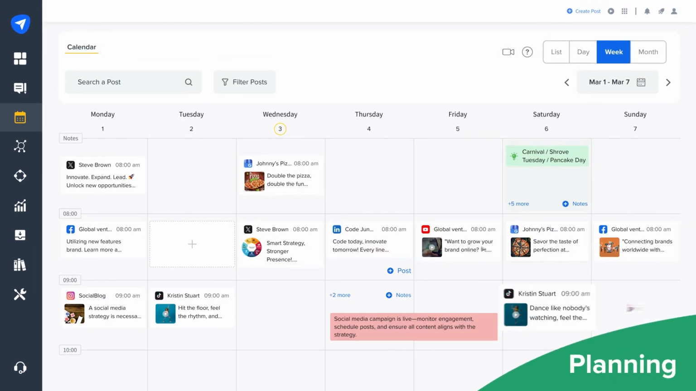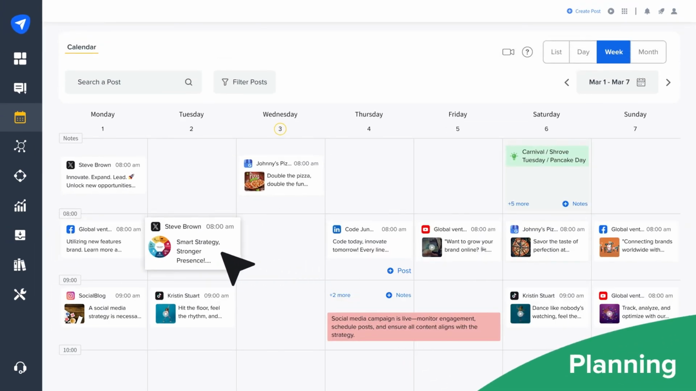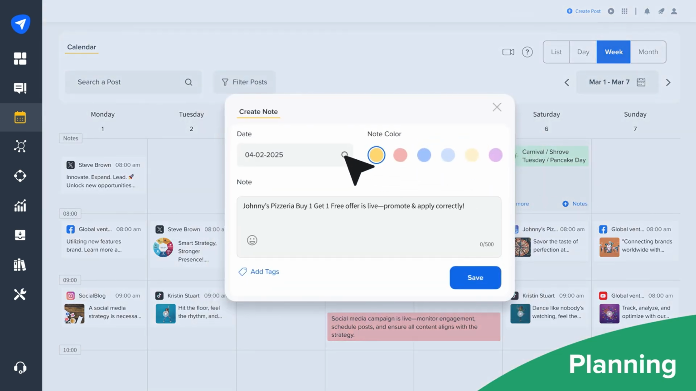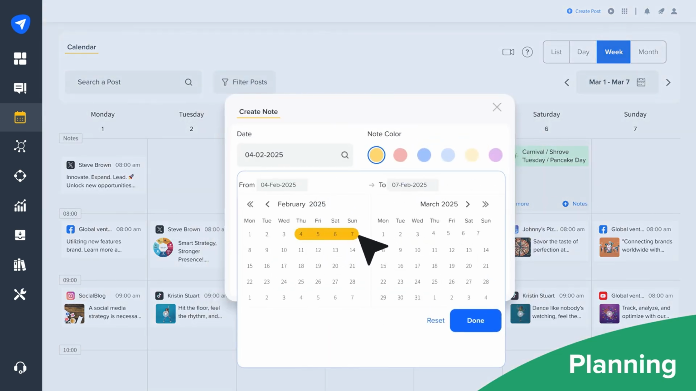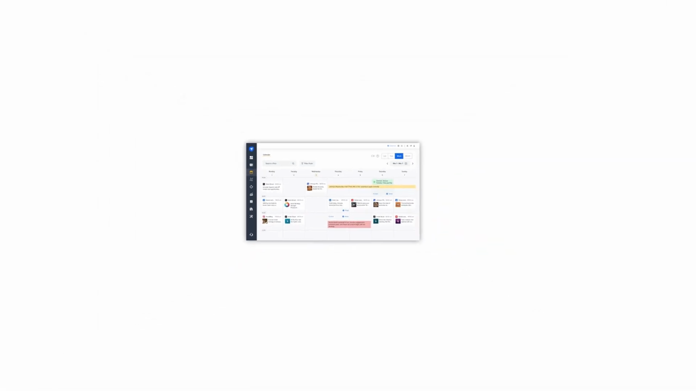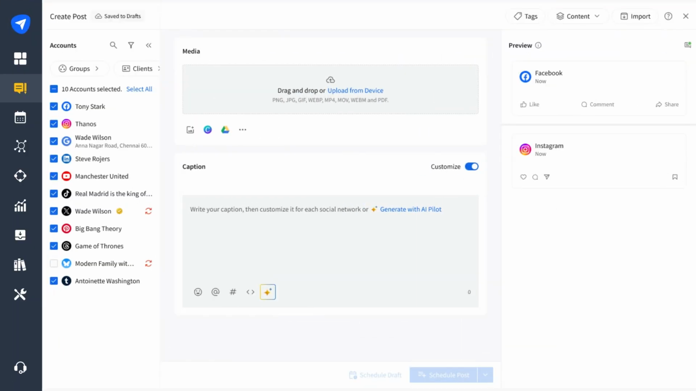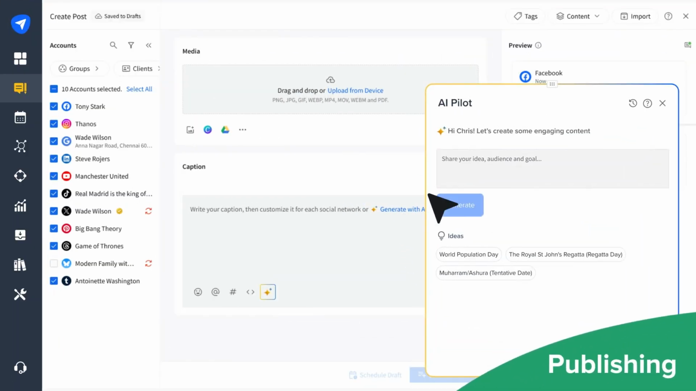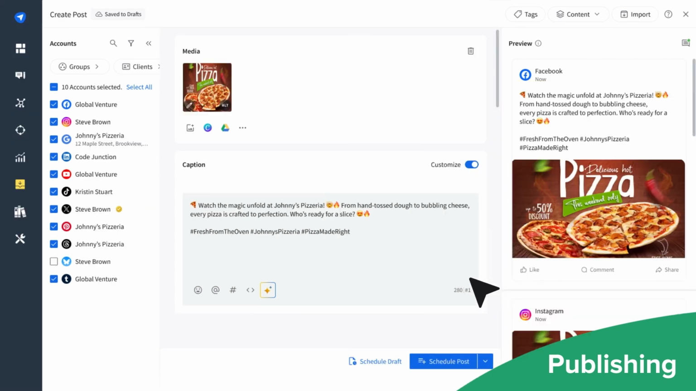SocialPilot is a powerful social media management tool that helps individuals, teams, and businesses manage their social media more efficiently. It allows users to schedule and publish posts across multiple platforms like Facebook, Instagram, LinkedIn, X, and more from one easy-to-use dashboard. With features like bulk scheduling, you can plan and upload hundreds of posts in advance, saving time and